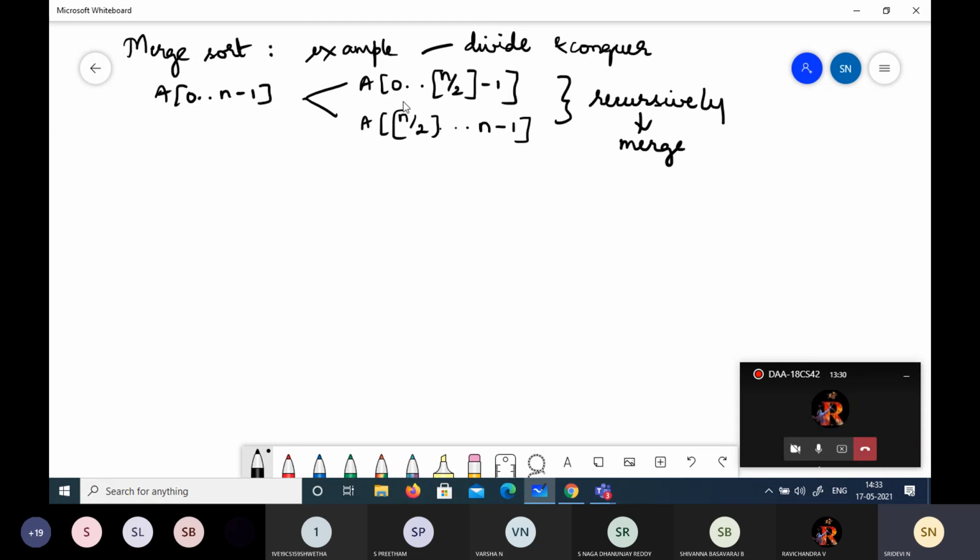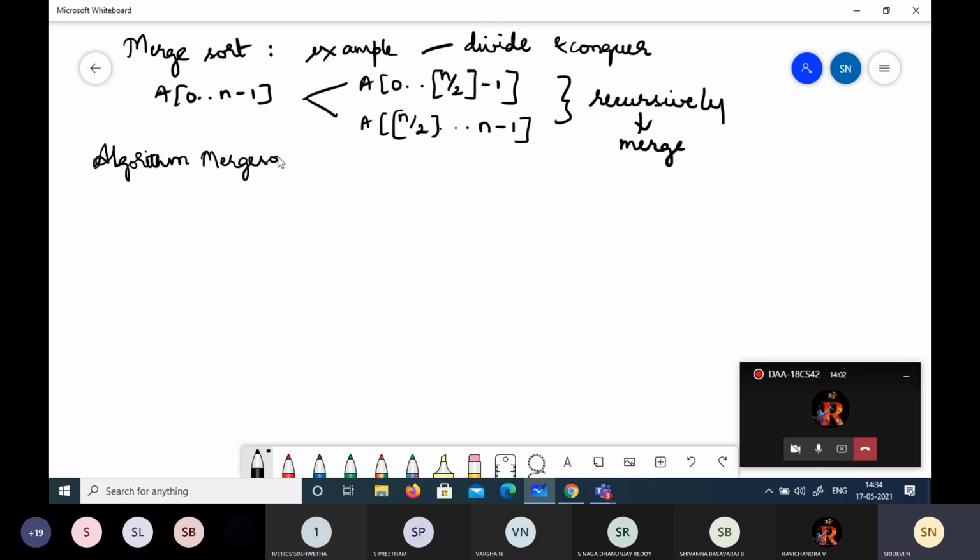Okay, so how long do we divide this? Until we get a single element in the array, and later we will sort them, and then we will keep combining the arrays until we get a single sorted array. So the algorithm, let us write down. As you know, we have to start writing an algorithm with the keyword algorithm. So what do we call this? We will just call this algorithm merge sort.